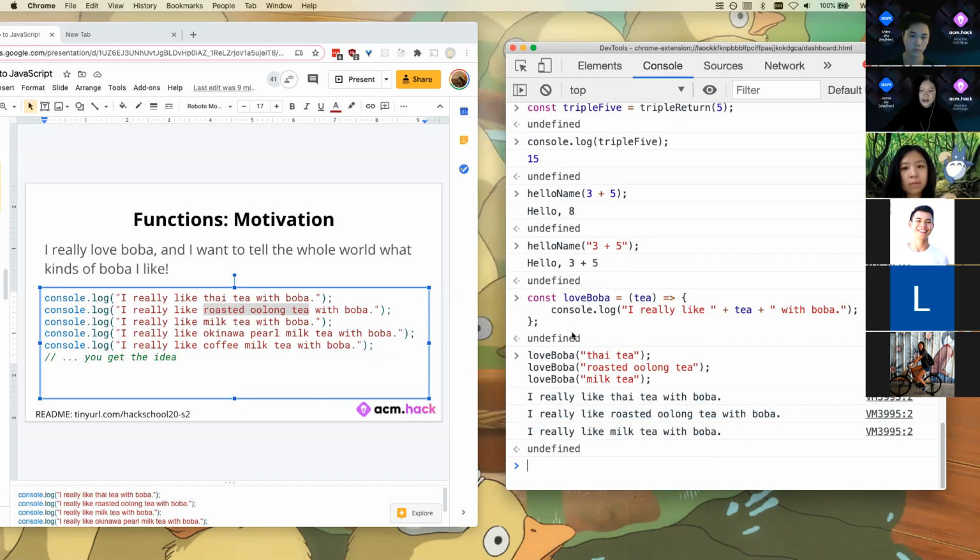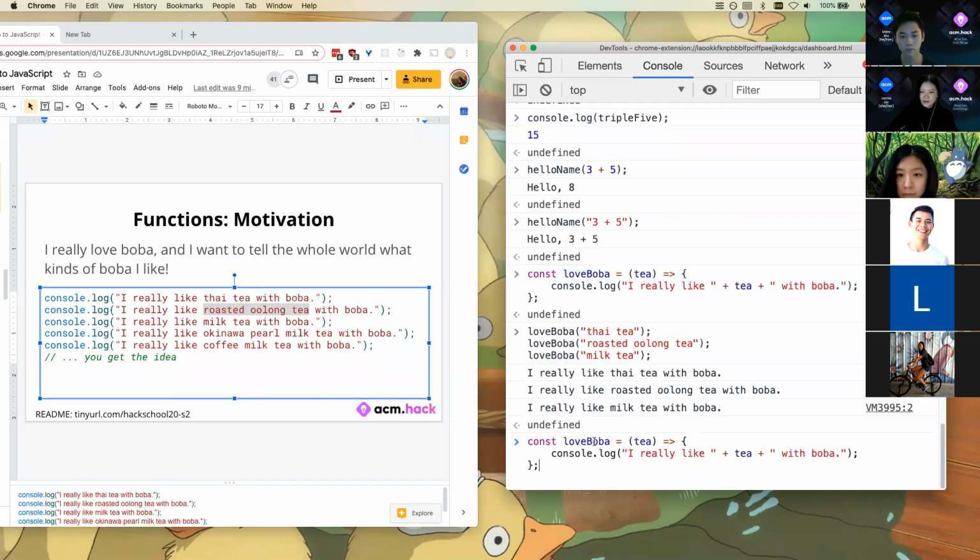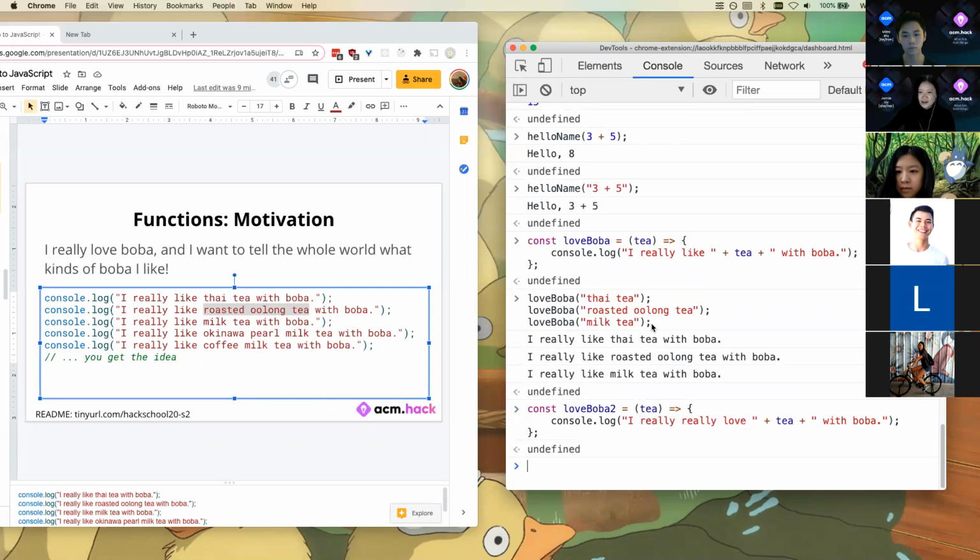So then what if I wanted to change it to say I really, really love? Since we're in the console, I can't just directly change the code and have it re-execute. I have to make a new function. What you would normally want to do is just change this really part. But for the sake of using the console, I'll define a new function that says I really, really love. And then,